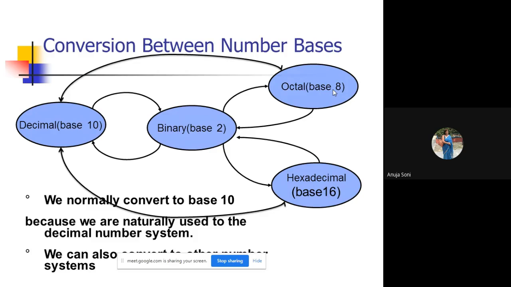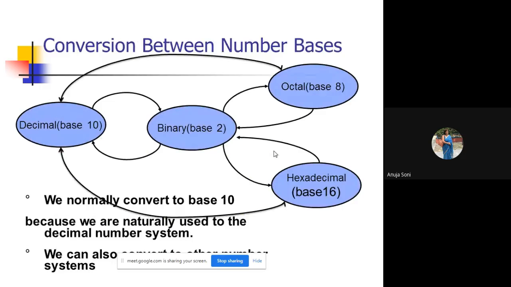We'll study those shortcut methods later on, and we will make use of the binary coded hexadecimal table and the binary coded octal table in order to directly convert a binary number to octal or hexa and vice versa. We'll study this third case later, but today we will study case 1 and case 2 essentially. What is case 1? You are given a number in decimal, and you need to convert it either to binary, octal or hexa, and vice versa will be your second case.